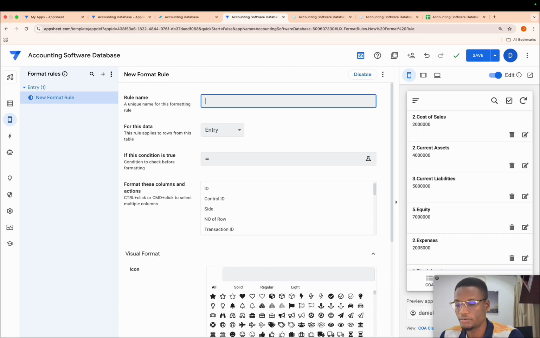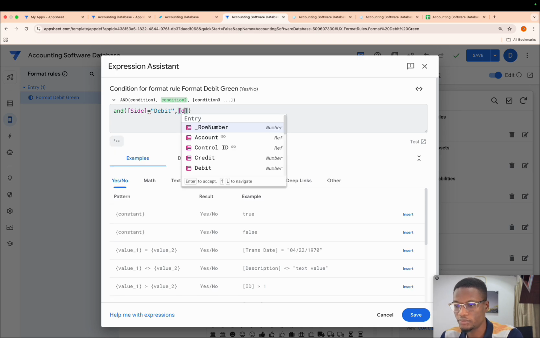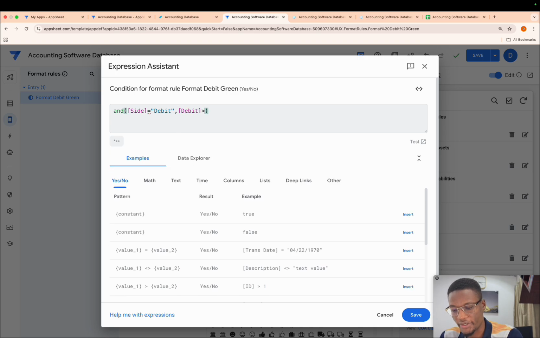So green, formats, debits, green. The formula is very simple. It's going to be an and. I'm going to say that the side is equal to debits and the debit column is greater than 0.